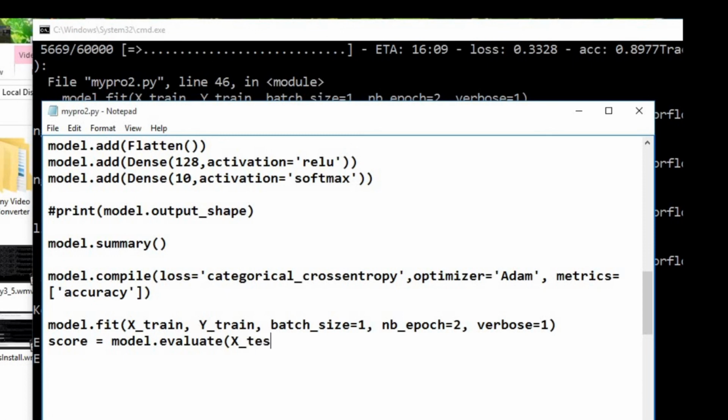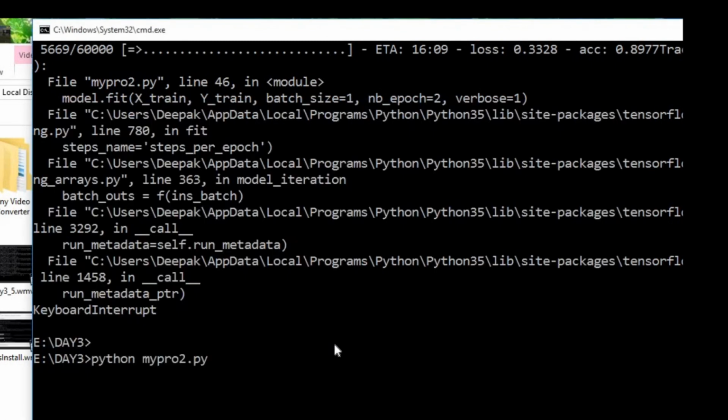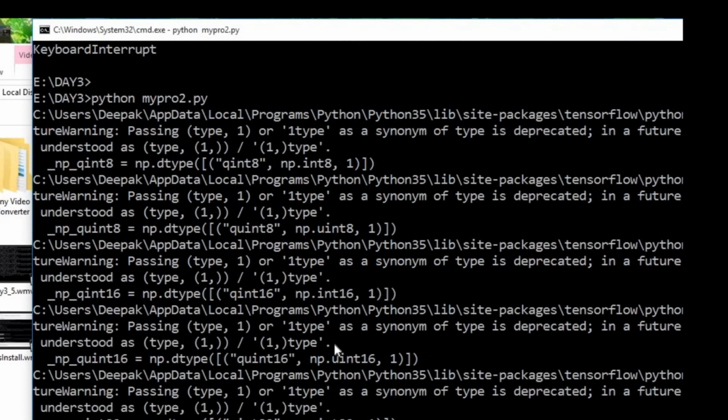So let us get the score equal to model.evaluate on the test data, using X test as the input data, and compare the predicted labels with respect to Y test, so that you will come to know how much it matches the actual ground truth. We are setting verbose to 0. You can also set it to 1 to see how the testing goes on. And finally we print our score here.